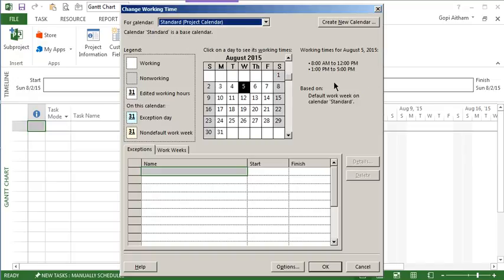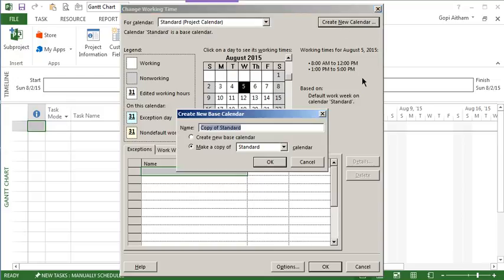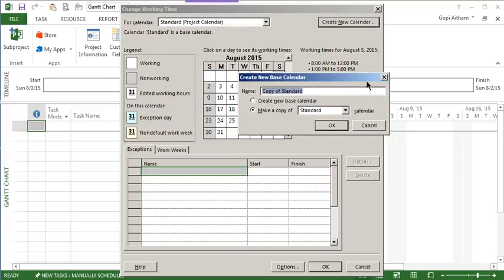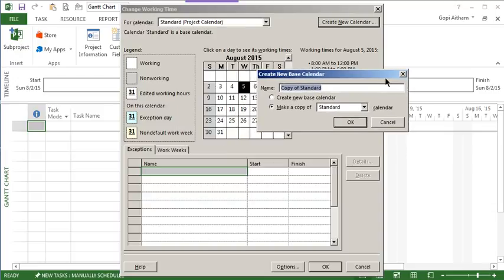Let me show you how to create a new calendar. The right side in this dialog box you can see create new calendar button. If you click on it, it will take you to a small pop-up where you can enter the name of the calendar. So in this case I am entering mycal as my calendar name,